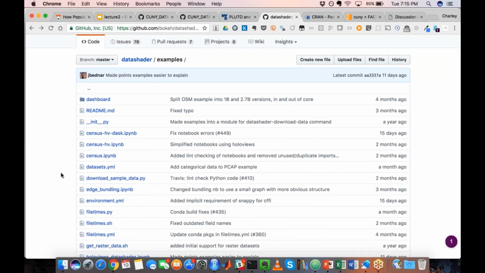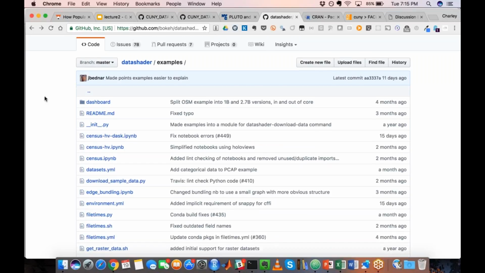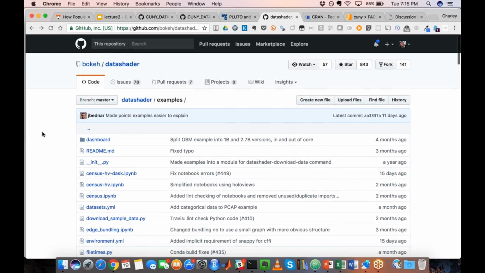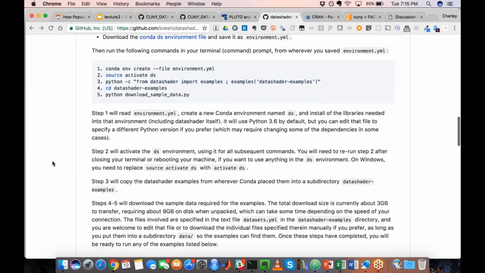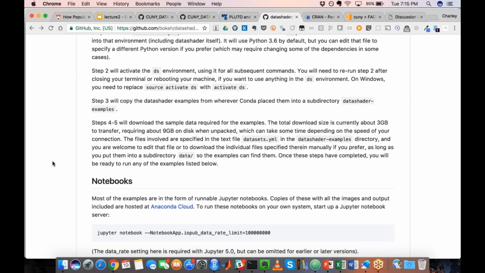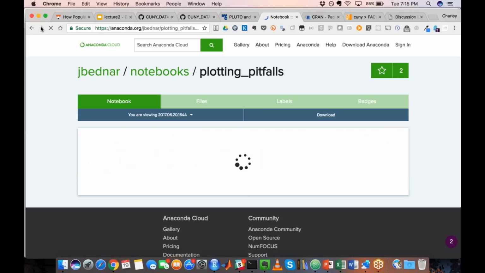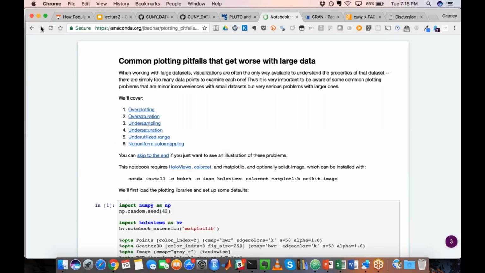But since this module is about large data sets, I thought it was worth going through what other options there are out there. One of the more recent additions is from Bokeh, and this is Datashader. Datashader is pretty much centered around different pitfalls that occur when you are dealing with large data sets,